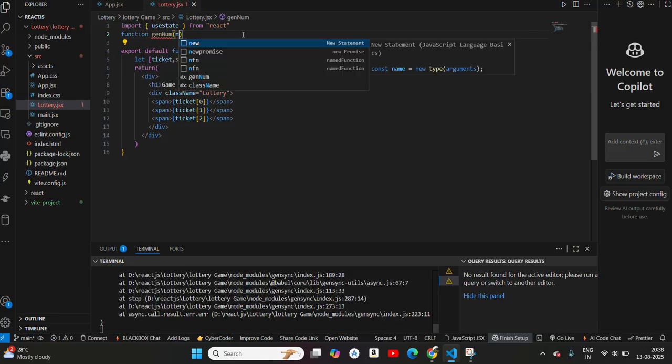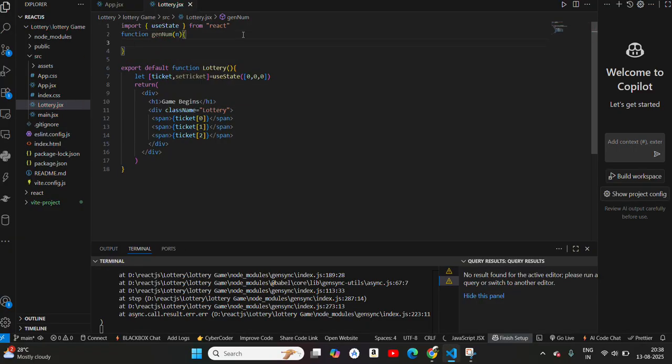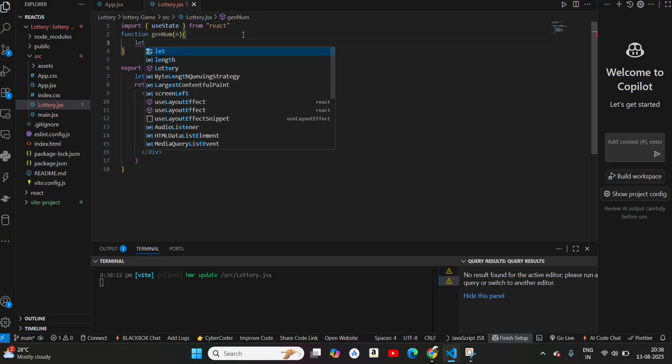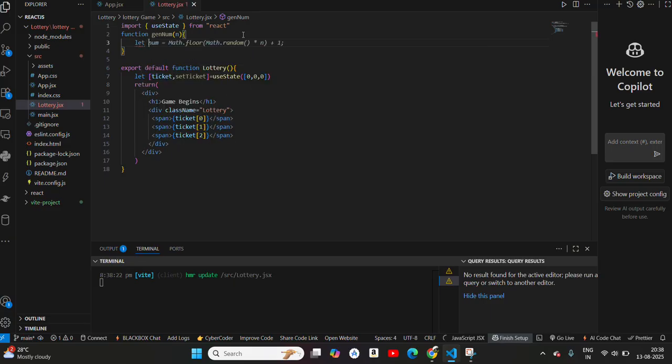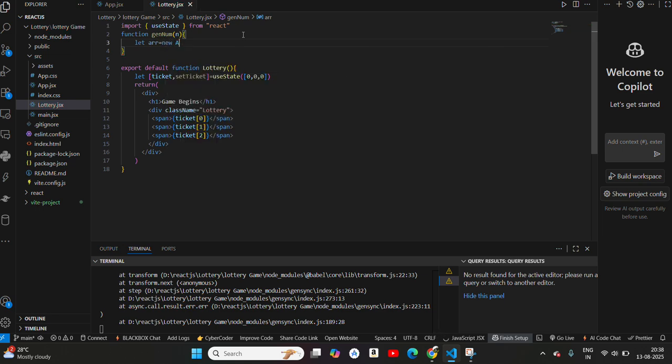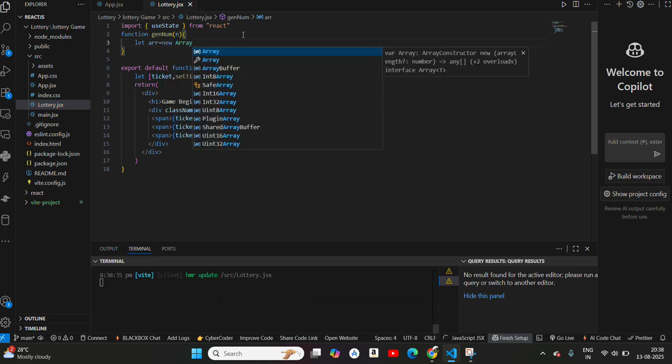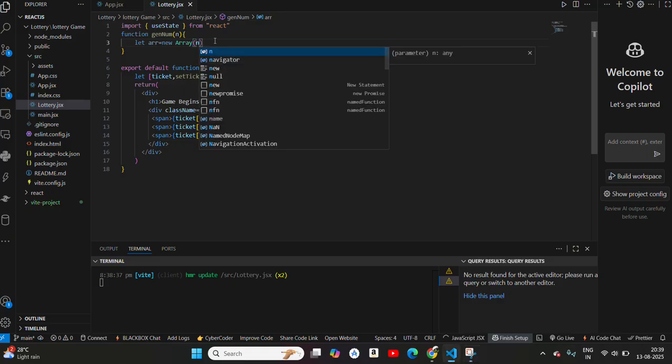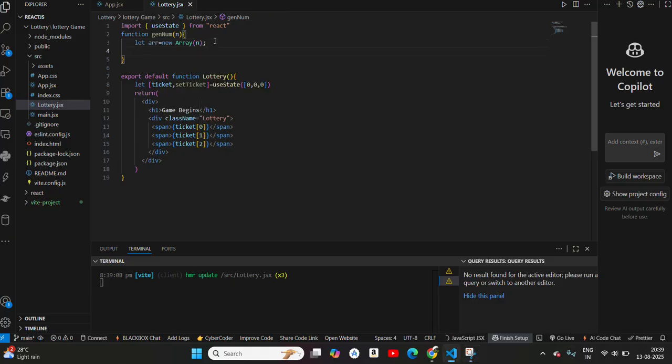We are going to pass a number n, declare an array and create a memory space, and pass the n to it here. We are using a for loop to initialize the array, then